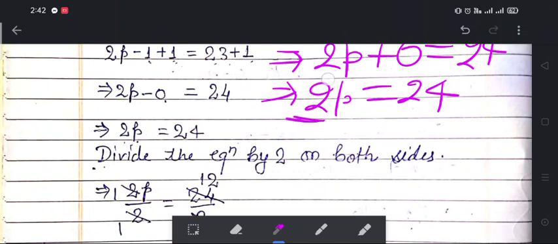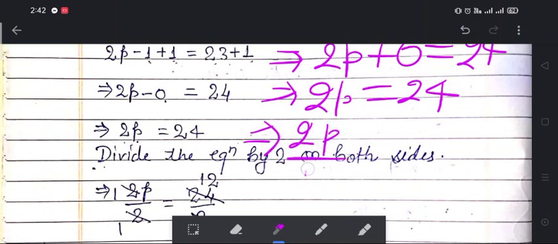So in order to separate p from 2, we have to divide both sides by 2. So when we divide, we divide the equation by 2 on both sides. Okay, so let's divide. So when we divide, we write